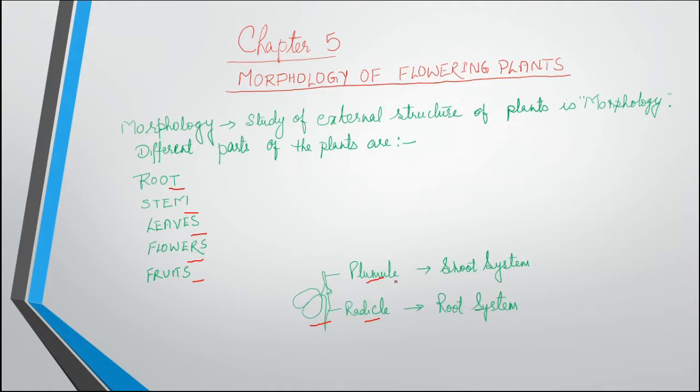Now when the seed undergoes the process of germination, it will give rise to two leaflets. The upper one is known as plumule, which will give rise to the shoot system, and the lower one is known as radicle, which will give rise to the root system. Now the plant will undergo the process of development, and after maturation it will enter into the reproductive phase. Then the flowers will appear. This flower will undergo the process of fertilization and give rise to the fruits. Inside the fruits, seed formation takes place, and again the seed will give rise to a new plant after germination. In this way the life cycle of the flowering plants completes.